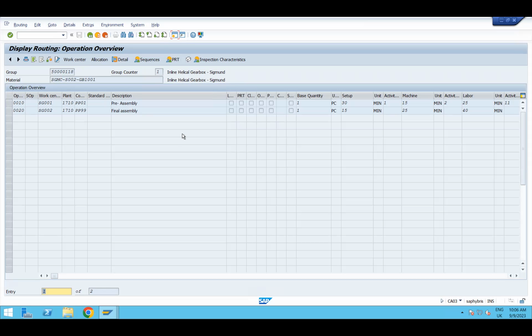But what is the purpose of production version? The production version is necessary when we carry out the MRP run, sir. Correct. That is one thing, it is required.